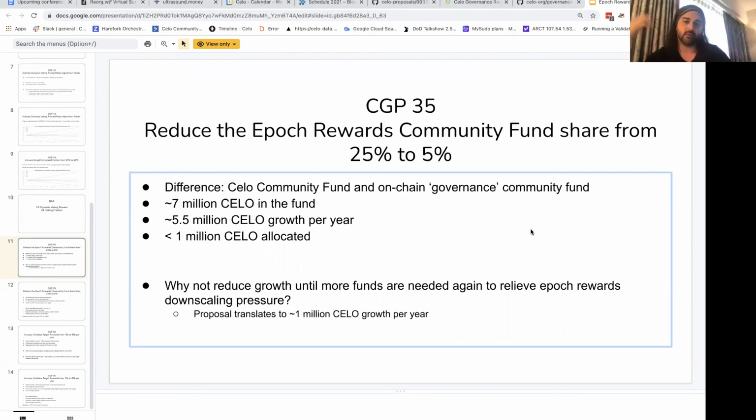Even if Celo goes 10x, 100x, it doesn't really matter from that point of view, because the community fund, philosophically, if you think about prosperity for all, and you think about how many people are on Earth, which is many billions. I forgot the actual number. We haven't hit 9 yet, right? But anyway, that's not the point. You would want a huge community fund that can do a lot of proposals, specifically for all the different communities.